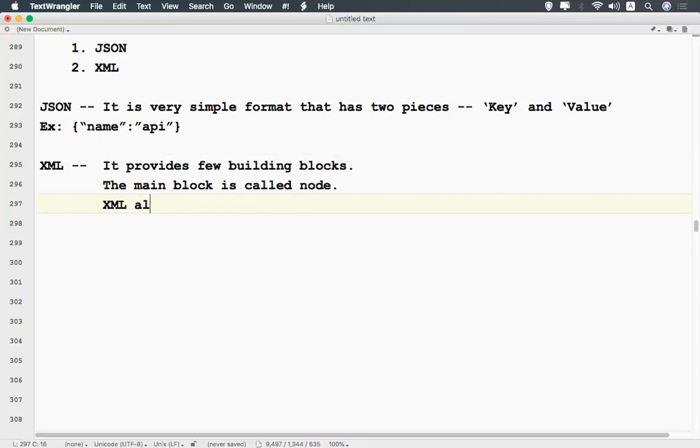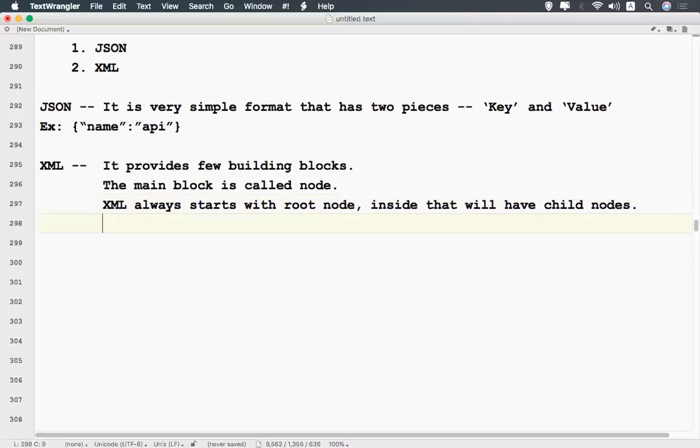XML always starts with a root node, and inside that you will have child nodes. You can have multiple child nodes.